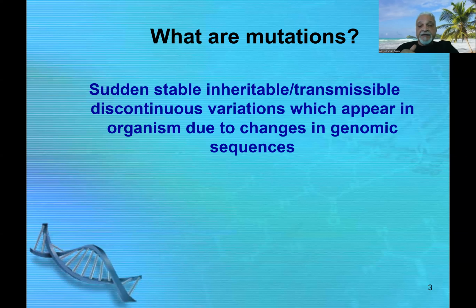Okay, and this change in the genomic sequence is bringing about a change in phenotype. Okay, so one definition which one can have for mutation is a sudden, stable, inheritable, or transmissible